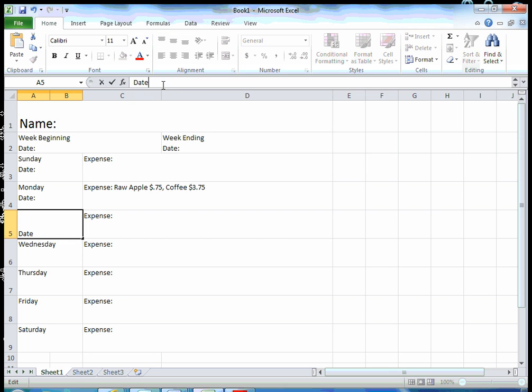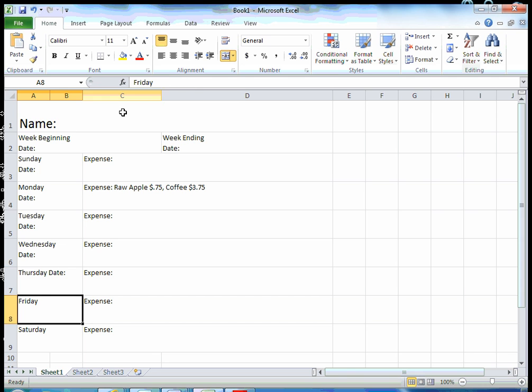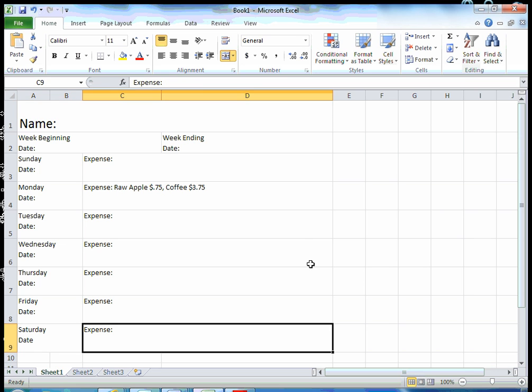Alt, Enter, back to the formula bar, Alt, Enter, and again back to the formula bar to type, Alt, Enter, for your text to appear on the line below, Alt, Enter, and for the last one, Alt, Enter, we're going to add our borders by highlighting from the bottom up,